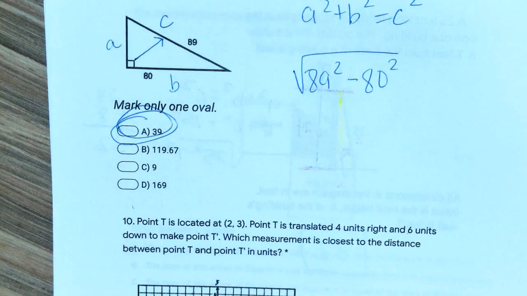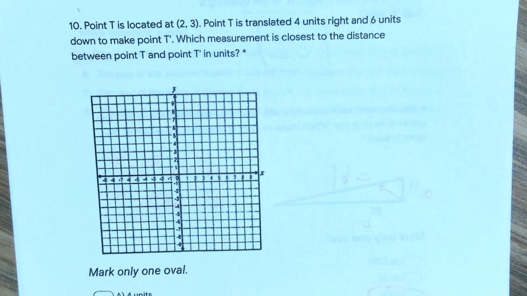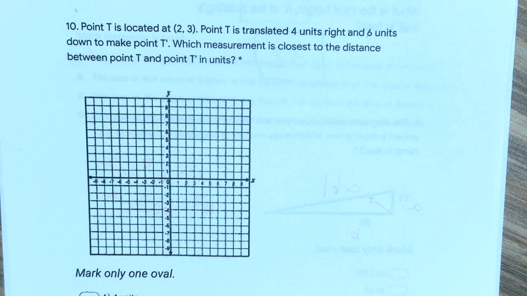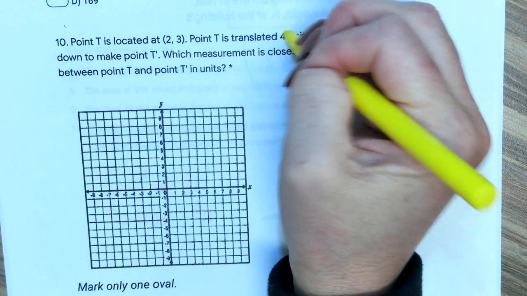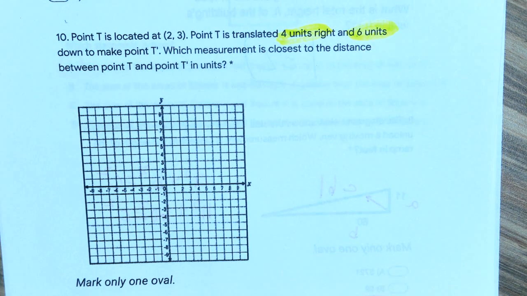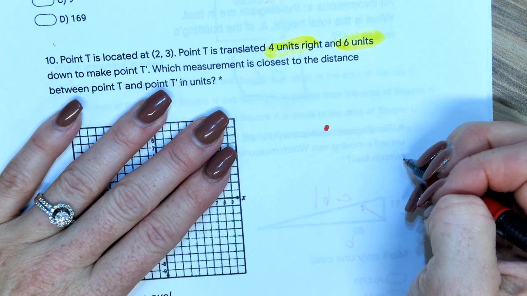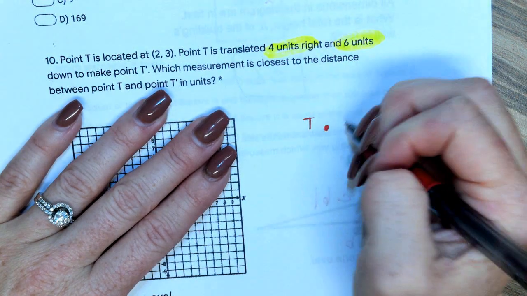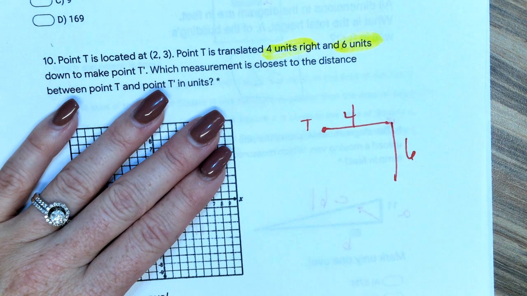All right. Do I need to slow down? Everybody okay? The next one. This one, do you have to go draw it? You could, but when they're telling you that you're translating it, this is your side lengths. Do y'all agree? Yes or no? So I'm going to show y'all without this graph. If I put a dot T right here, and I go 4 units to the right, it's going to look like that. And then 6 units down, y'all agree it's going to look like that,